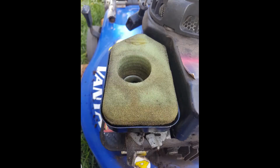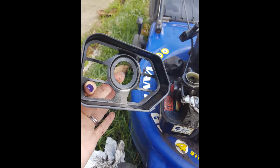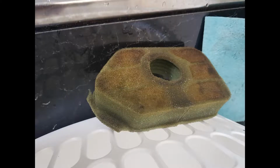You'll see the air filter there, the foamy patch, and as you pull it out you will see that it's actually covered in oil. You want to remove the bottom as well, so that's what you should have left over. You then want to take the air filter into the laundry of your house. You can clean it with hot water and a very small amount of detergent. Just try and really thoroughly clean it, and then make sure that it's very, very dry before you attempt to